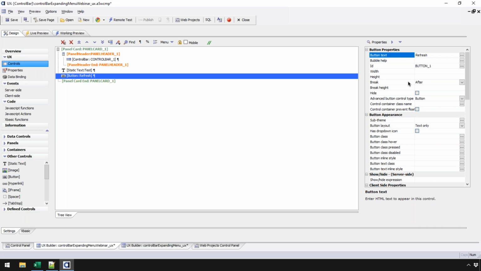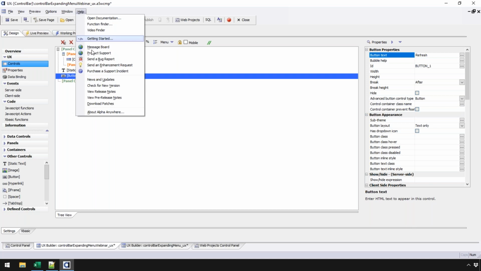I don't know about that, but you can go here and send an enhancement request. And that would be a great enhancement because I agree with you. If you're on the right-hand side of the screen and you have an arrow going the wrong direction, it doesn't make a whole lot of sense. So it'd be interesting how you would approach that. I'll look at that. There may be a way to do it on the fly. You would have to do it on the fly because you have to look at